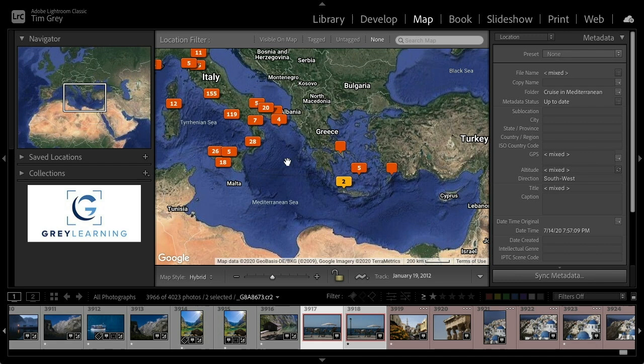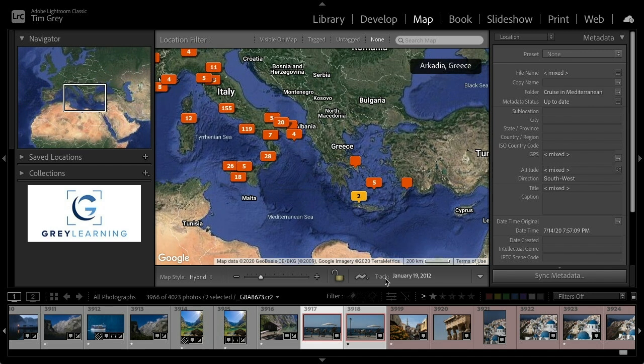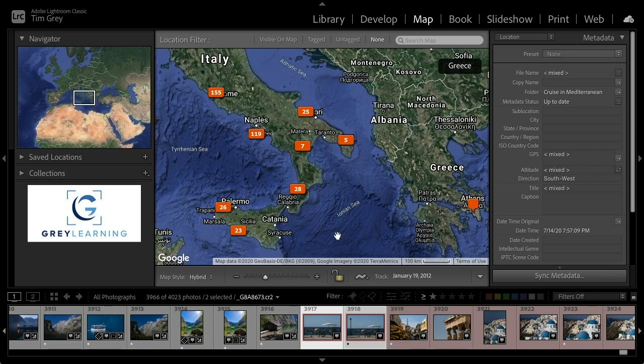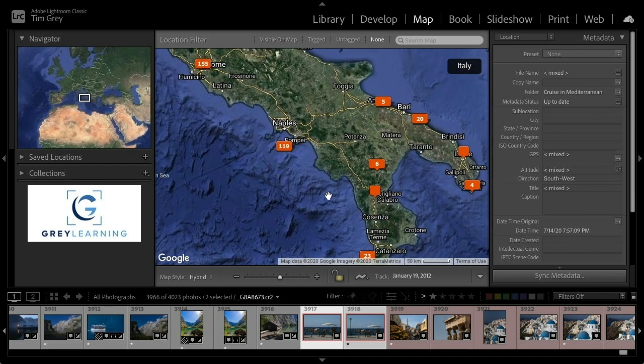But so I'll often just browse the map. But I think you'll also find, if location is of value to you in your photography, that there are certain locations that are especially important to you, or that are more common, that you're going to like the photos in that area or want to see the photos in that area. And so, for example, I can zoom in on the map and head over closer to Naples and go find